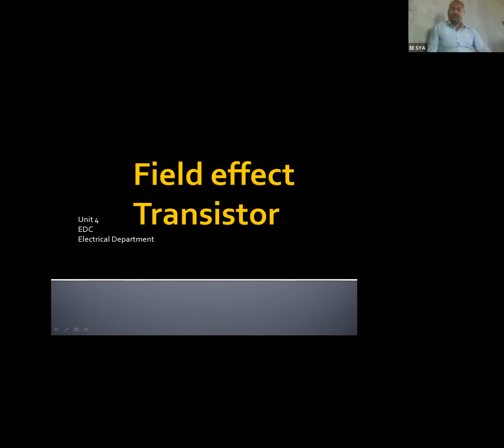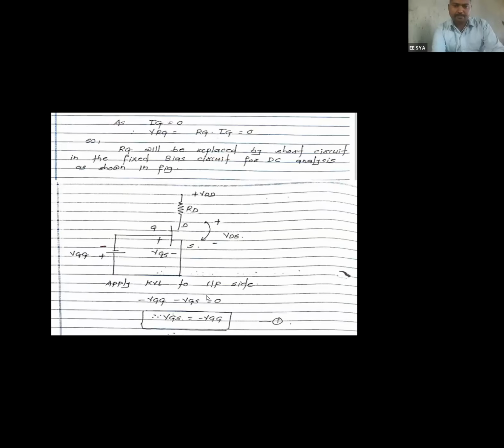See, we are discussing the things such as this type of configuration. As we know that we just see